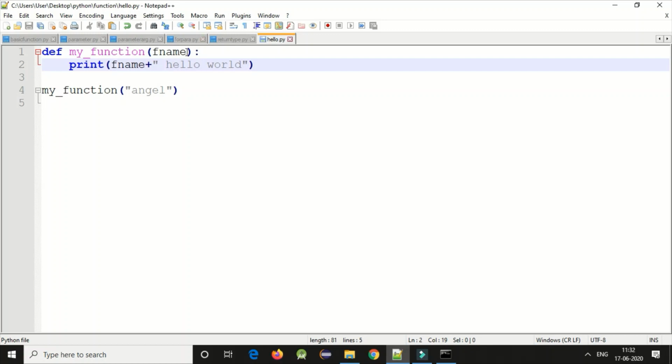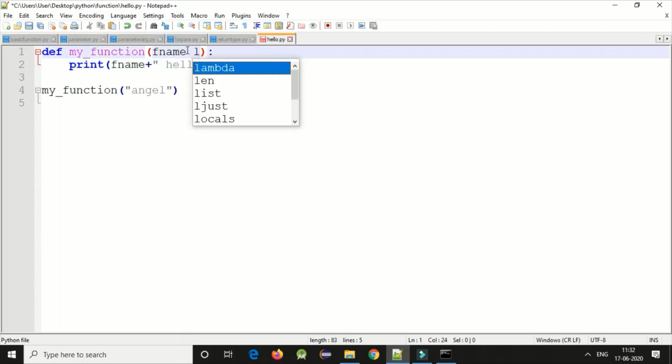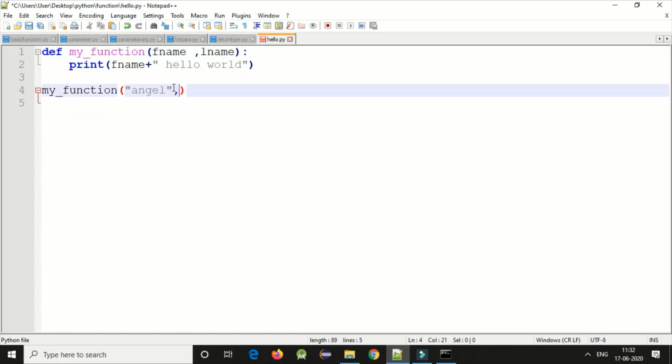Now suppose I want to pass more than one parameter, like I want to print last name also, so just comma lname. And I'm doing the same thing here, I want to give suppose S only, fine.